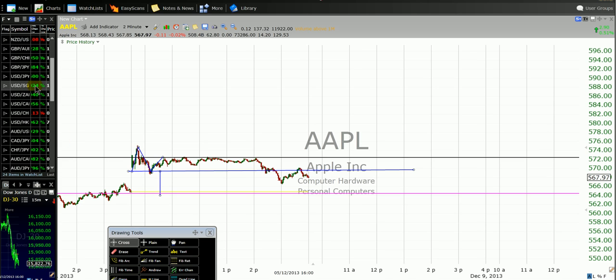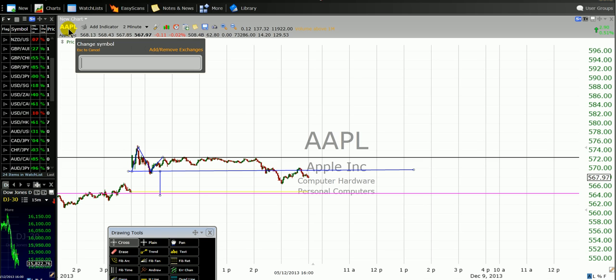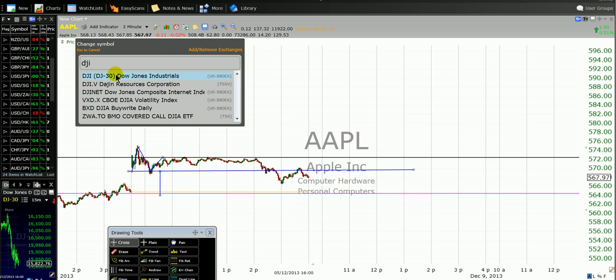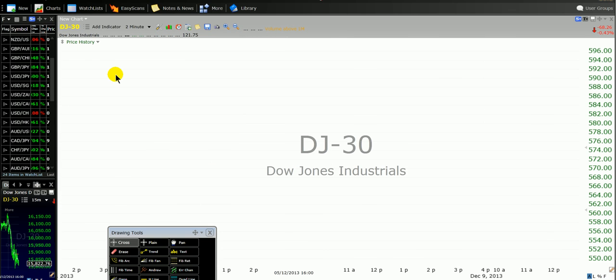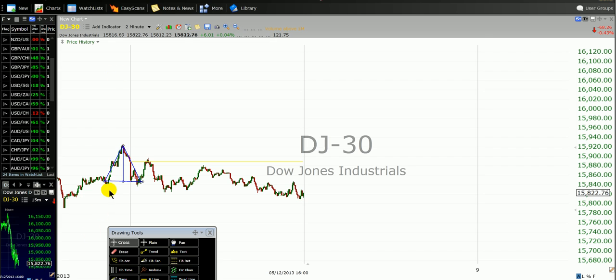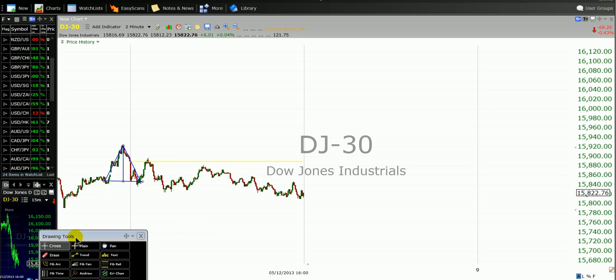All right. Bringing on now the Dow Jones Index. We are on a 2 minute chart. Okay. And mastering high frequency trading within 1 hour. All right. I have my line already drawn here for the Dow Jones. The same scenario. You remember the Dow Jones Index is a market leader. It's a market indicator. Okay. The Dow Jones Index is a market indicator.